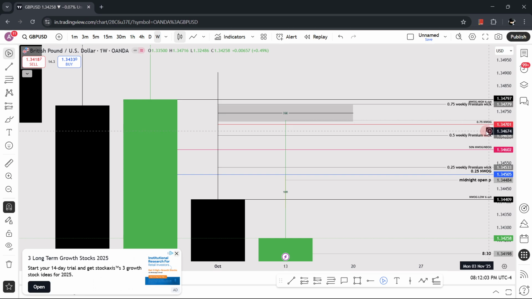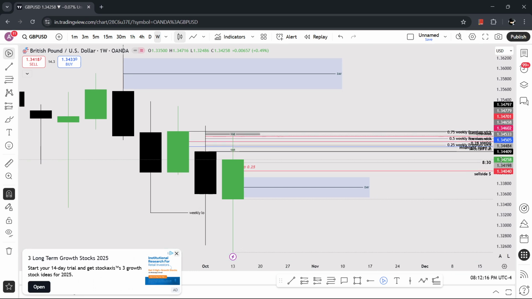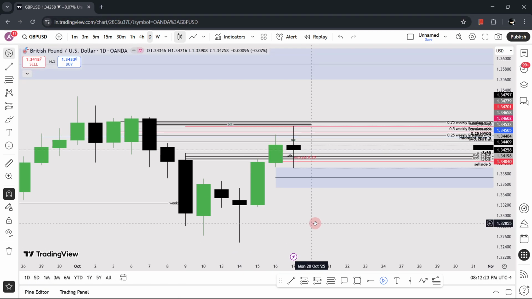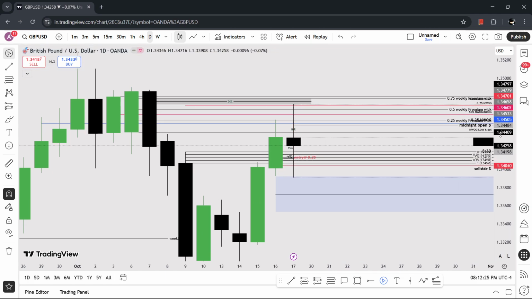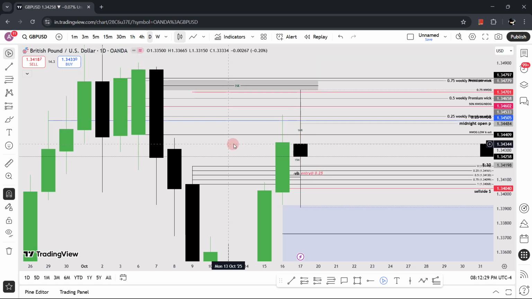Okay, NWOG. Going to the daily chart. Today, for extra day, we need all these points, all these annotations here, to be considered in order to trade. So going to a daily chart, we are in a bullish run. On the morning, that is the London session,